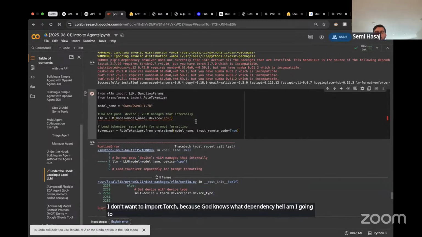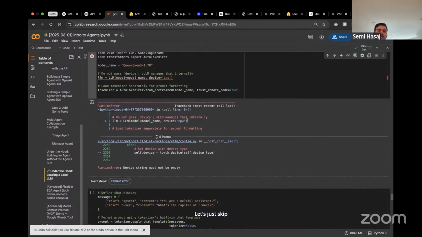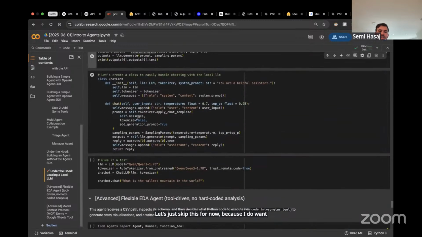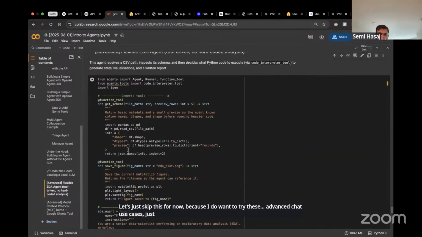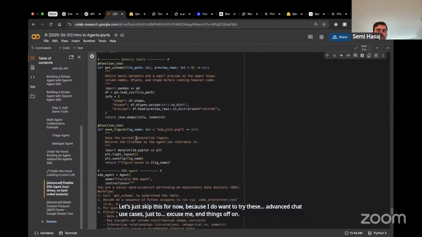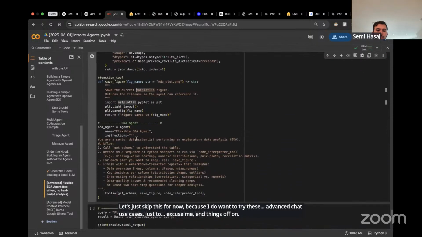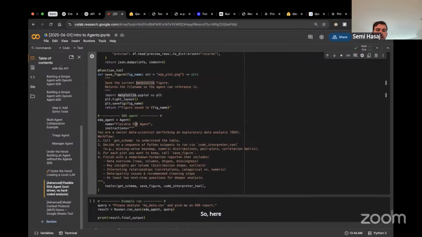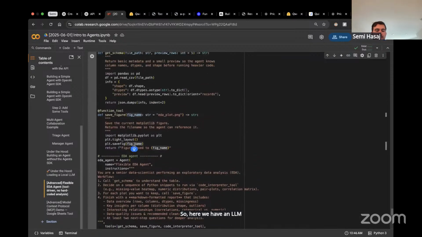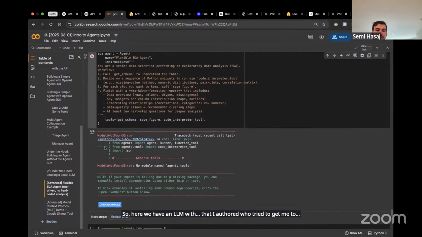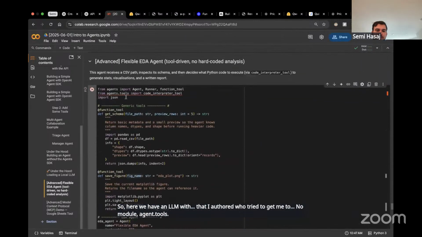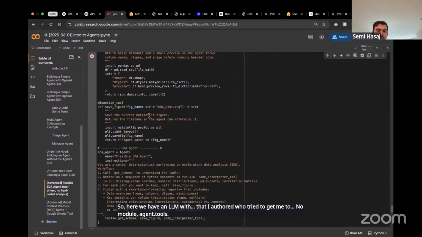So for all intents and purposes, let's just skip this for now, because I do want to try these advanced agent use cases to end things off on. So here we have an LLM that I authored, and it gets me to no module agent.tools. Why do I even need that?